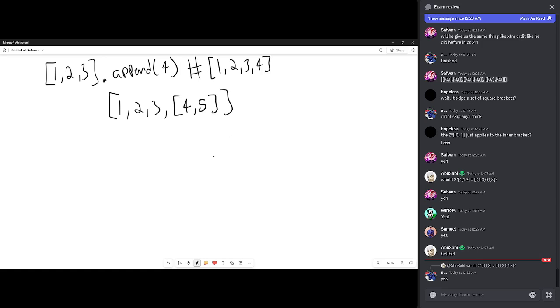Okay? So that's append. Pretty simple. It just takes what's in the parameters and puts it at the end of the list. With extend, it's the same thing as list addition, where let's say I have some list 1, 2, 3, and